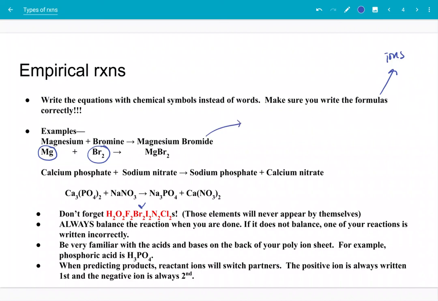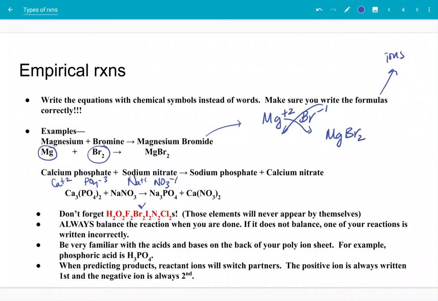And then to write magnesium bromide, I go to my original ions of magnesium and bromine, and drop and swap, and we get MgBr2. The next example here is calcium phosphate and sodium nitrate, yielding sodium phosphate and calcium nitrate. Again, I would always go back, write your original ions so you can drop and swap and get these correct formulas. If you do not write the formulas correctly,